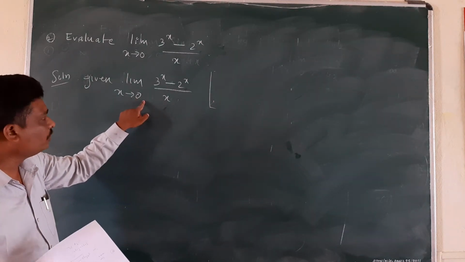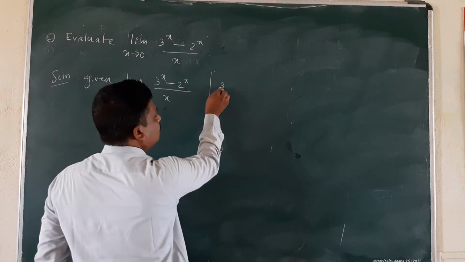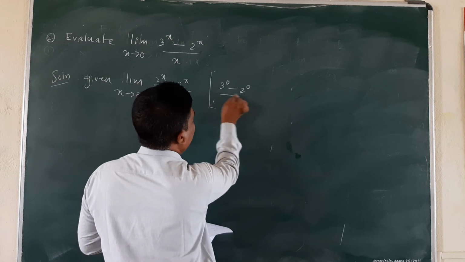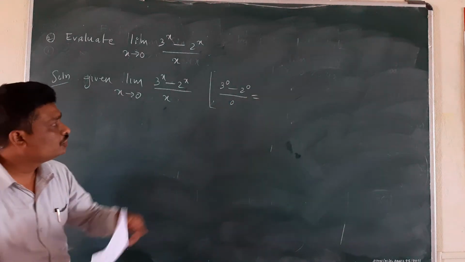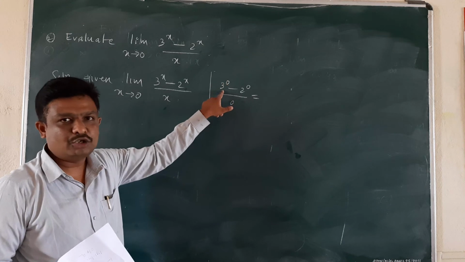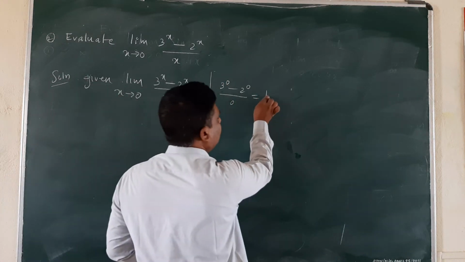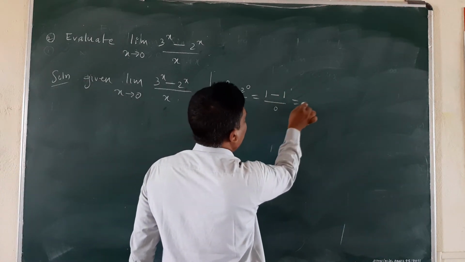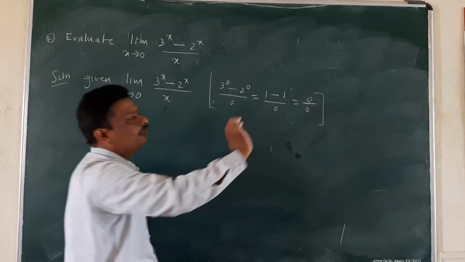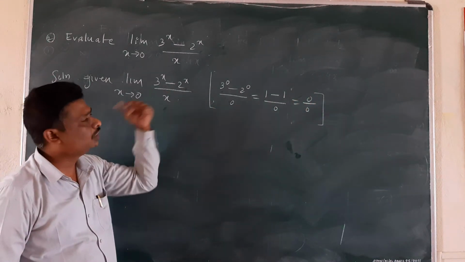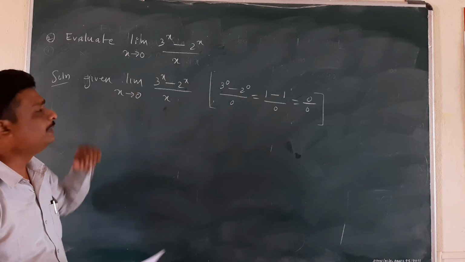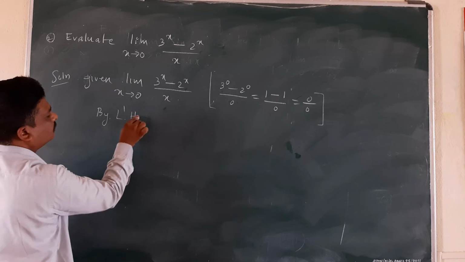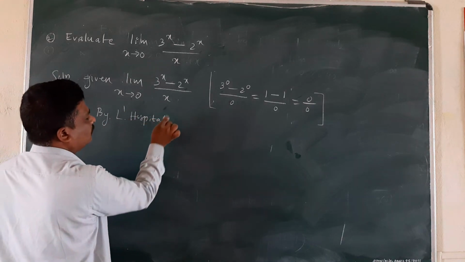I will put x equal to 0 here. 3 raised to 0, it becomes 3 to the power of 0 minus 2 to the power of 0 upon 0. So 3 raised to 0 is what? 1. Any number to the power of 0 is 1. 1 minus, again 2 raised to 0 is 1. So 1 minus 1 upon 0. This is again in the indeterminate form. Therefore, to solve this limit, I will apply L'Hospital rule. So by L'Hospital rule,